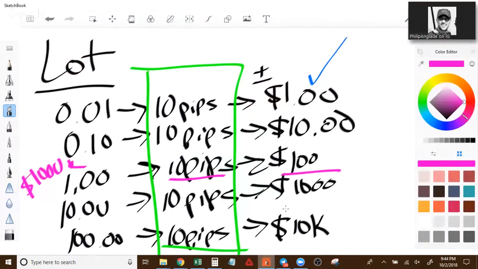So 67 pips in 1 hour. If this is 10 pips, and this is what you could make, just imagine 67. That'd be $670,